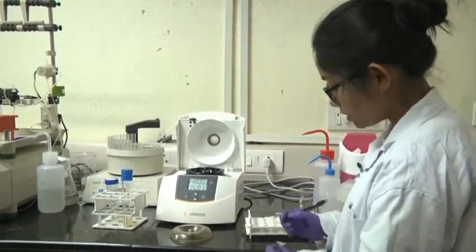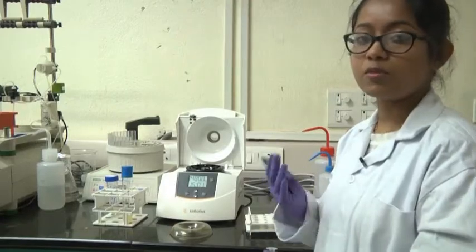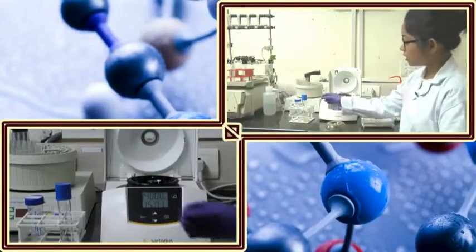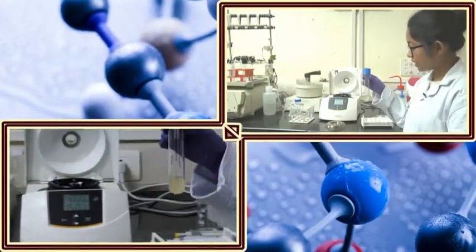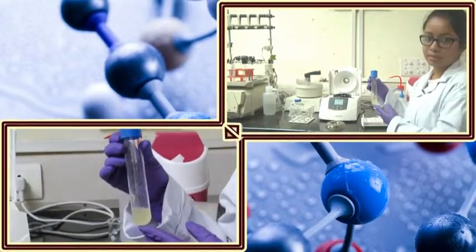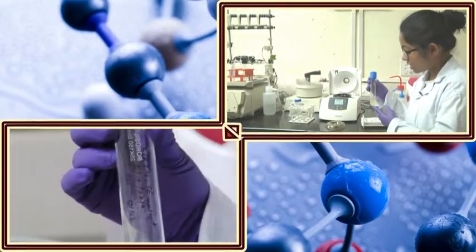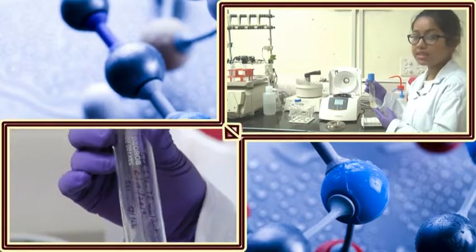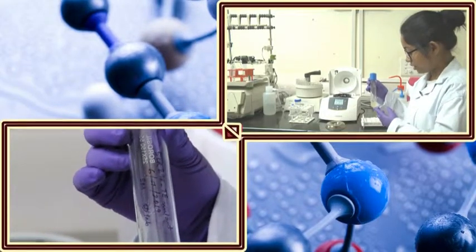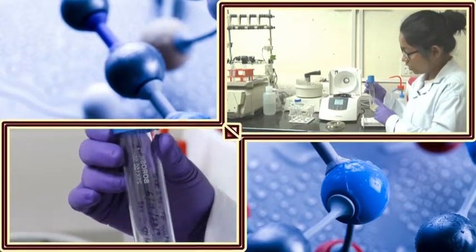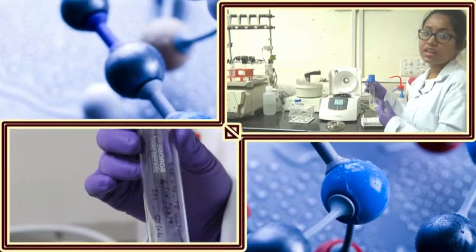In another tube, since I am isolating plasmid from only one culture, another good practice in the lab is to always label your sample. Here on the culture tube I have written the sample name which I have provided, and also the date, like when I have put the culture.